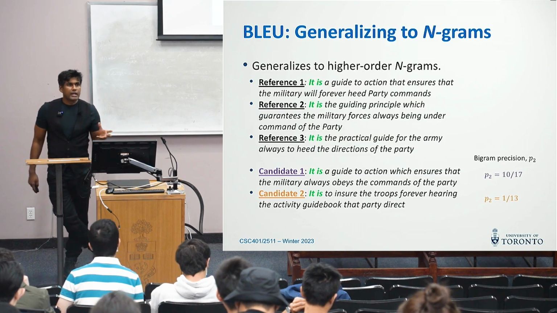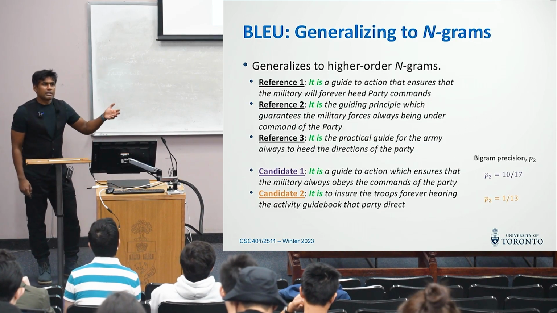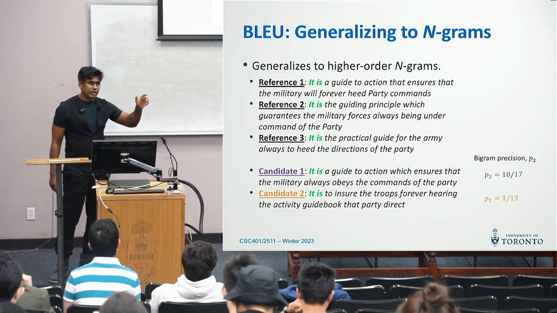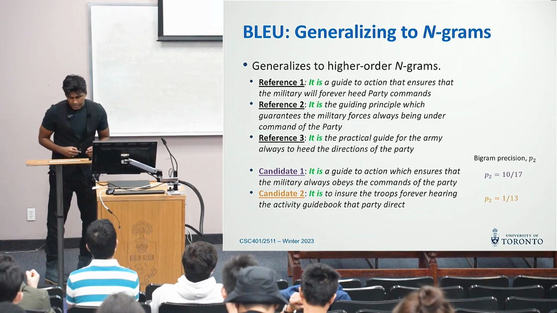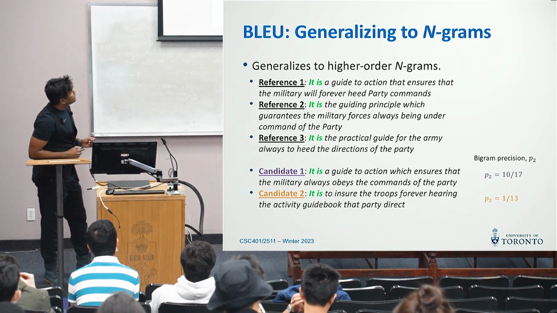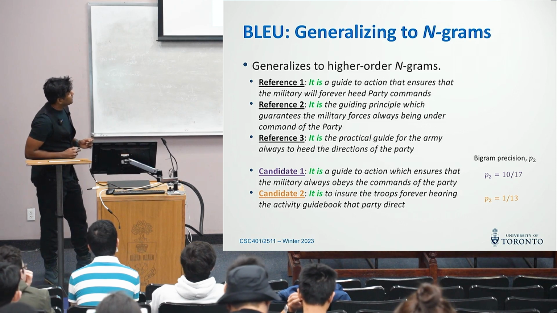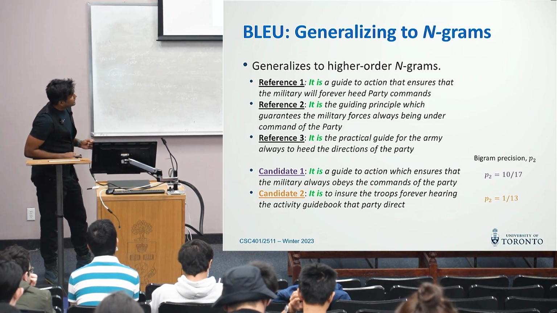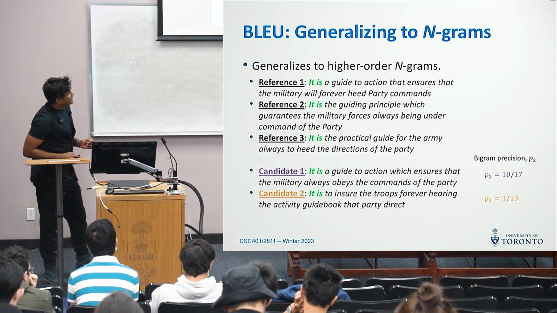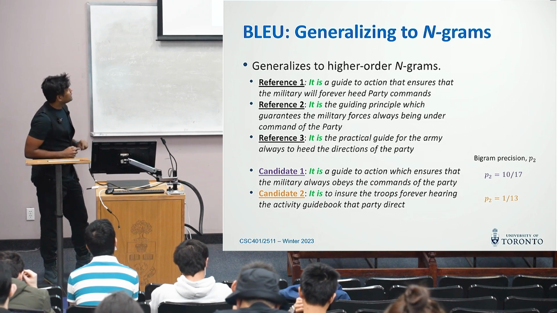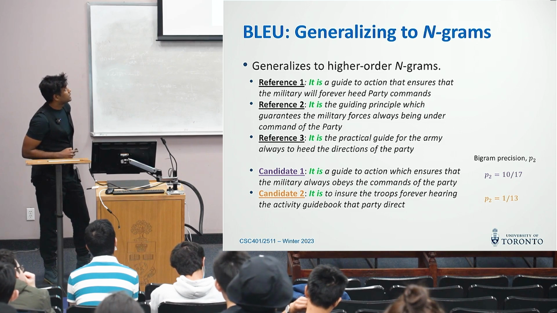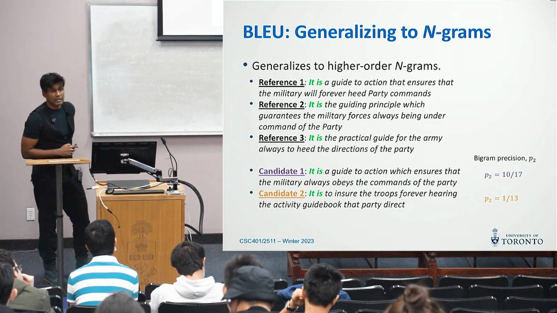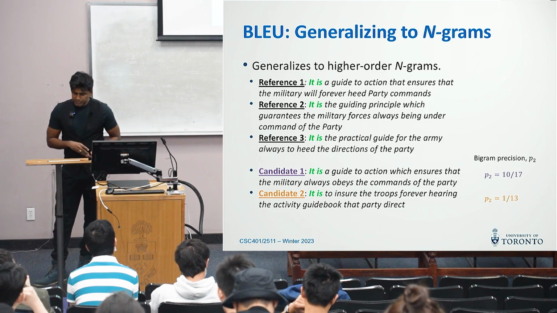Okay, so now this idea can be generalized to as many n-grams as you want: bigram, trigram, quadrigram, etc. So for example, if it's a bigram, then you take the number of bigrams in the candidate and you do the same thing, counting how many times each appears in any of the references. You do the same for the other candidate, and you see that it's 10/17, meaning that 10 of the bigrams in candidate 1 appear at least once in one of these references. And here you can see that candidate 2 is very poor. It's just the first 2 words that match, and then none of the bigrams appear in any of the references. Okay? So now,